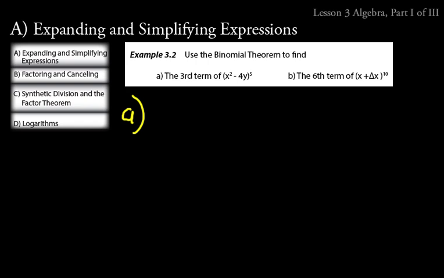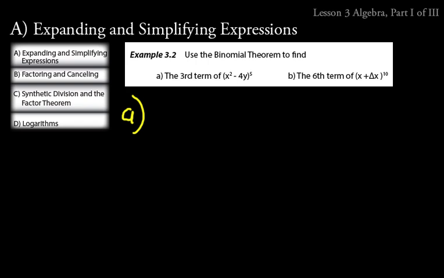If we tried to do x squared minus 4y times x squared minus 4y times x squared minus 4y and so on, and expand all of that out, simplify it, add like terms, what would the third term be? Now, that sounds like a really big pain to try to do all of that, but that's where the binomial theorem helps us. It shows us what, in that expanded form, the third term is, just using a simple